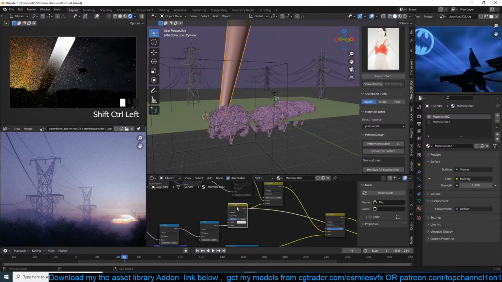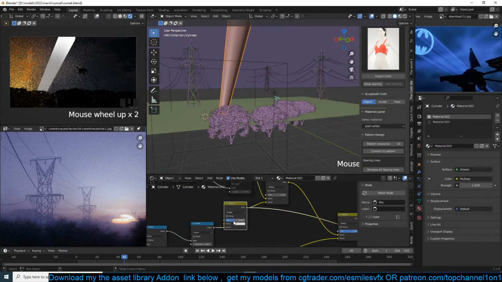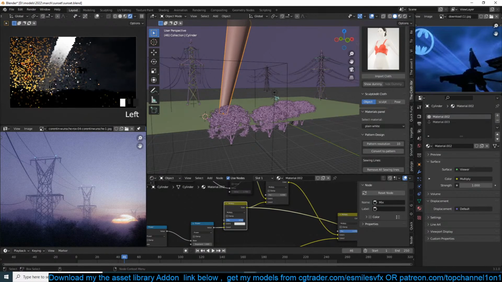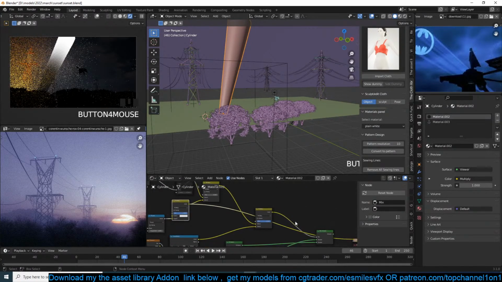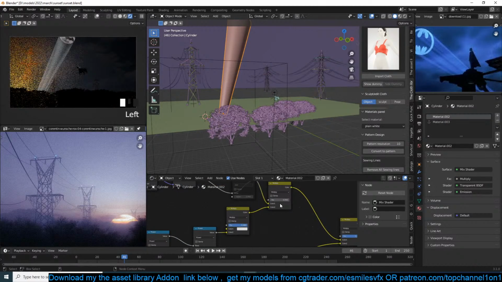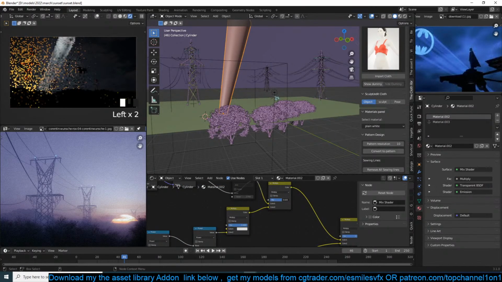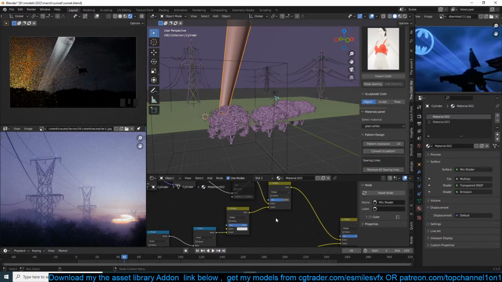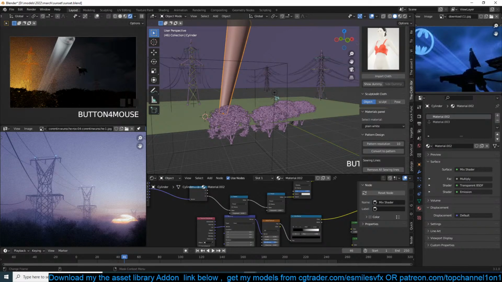Yeah, I think it's this. The bottom part should be less bright. Yeah, we can also bring